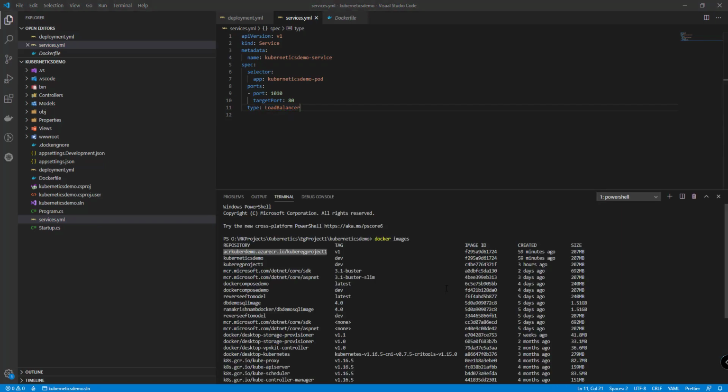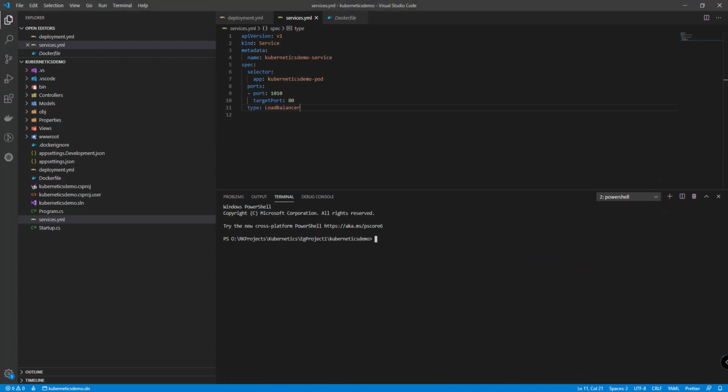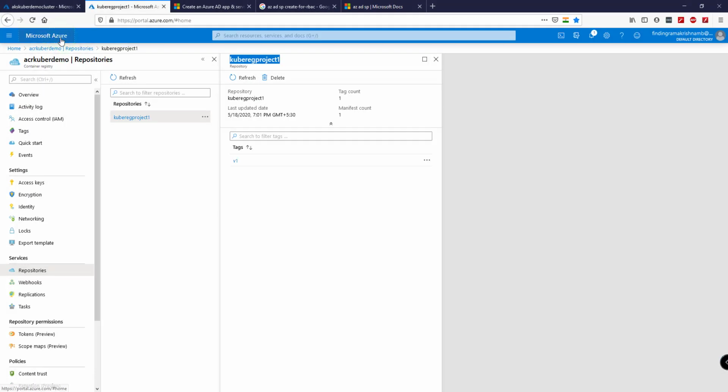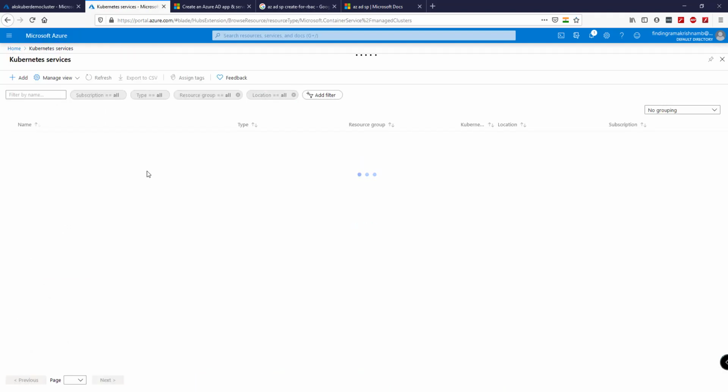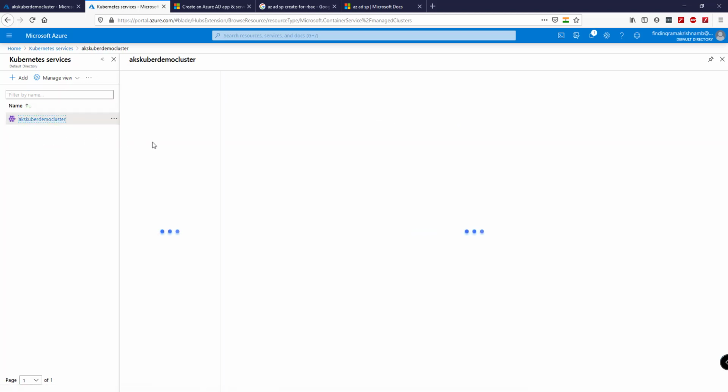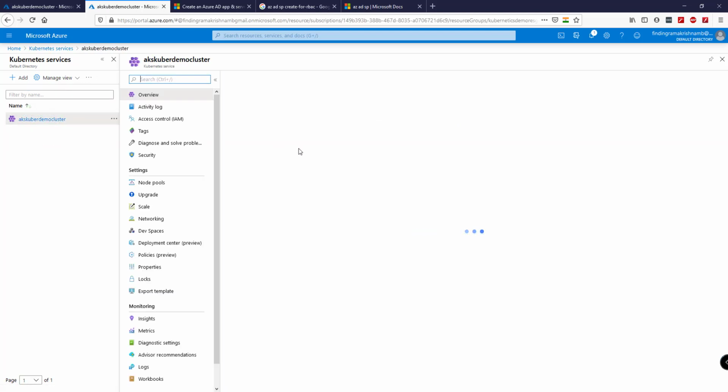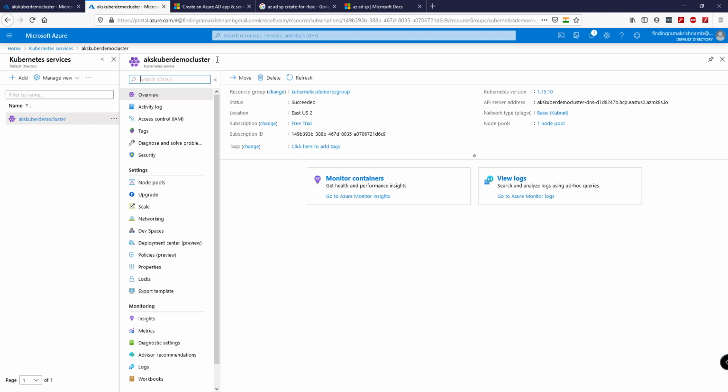Now to deploy to Azure Kubernetes cluster, let me create a new terminal and switch to Kubernetes services overview. Let me open the Kubernetes service we created earlier. Now we have a Kubernetes service name and the resource group.